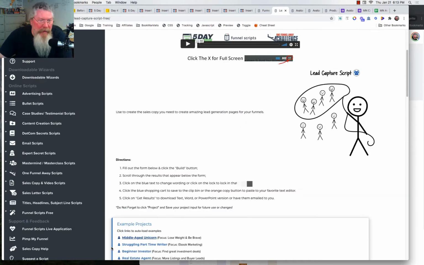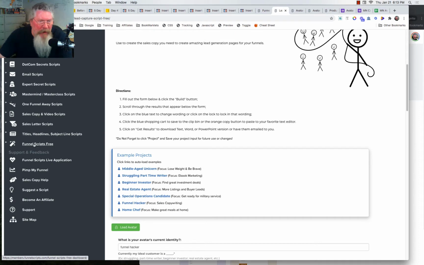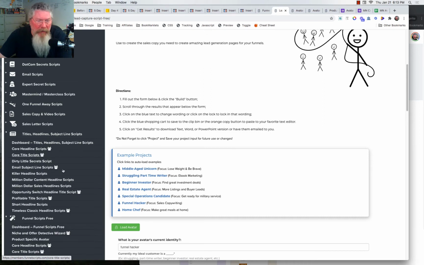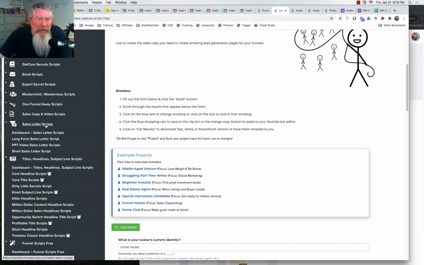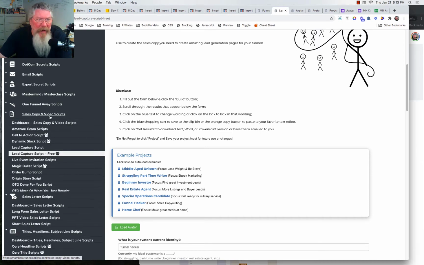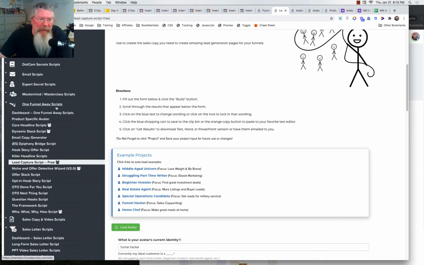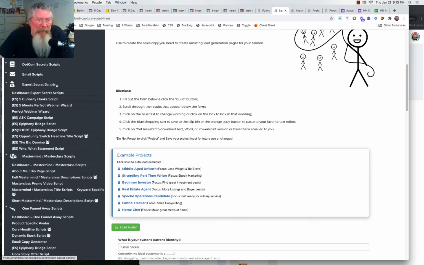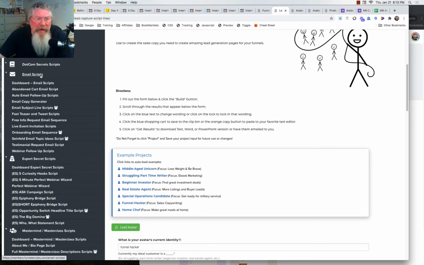all of these here, let me just open this back up. So if we go here to our free funnel scripts, all of them with this little icon, that means that all you have to do is add your avatar back in, and they're all over in here. You can see, you just load your avatar back in, and it will pre-pop everything for you. So I'd probably say maybe 25% of them so far they have set up, but Jim only came out with his avatar thing maybe a few weeks ago, probably not long before they did the lead funnel training in the